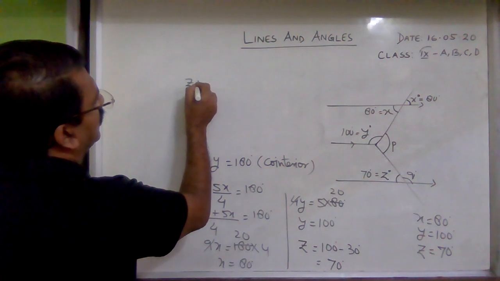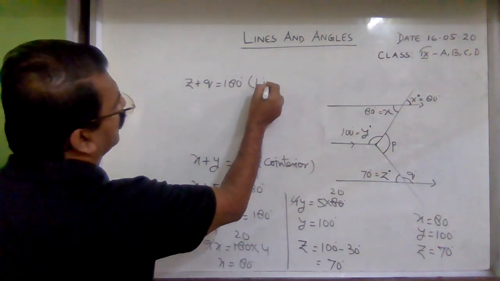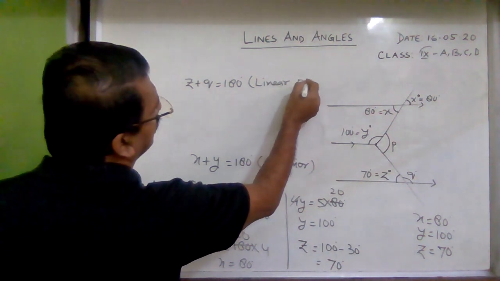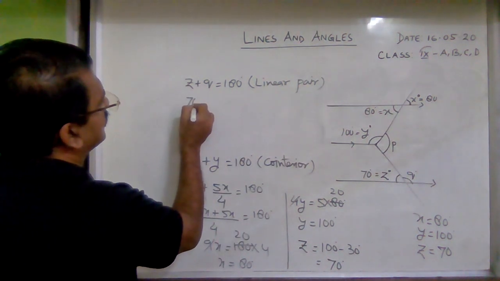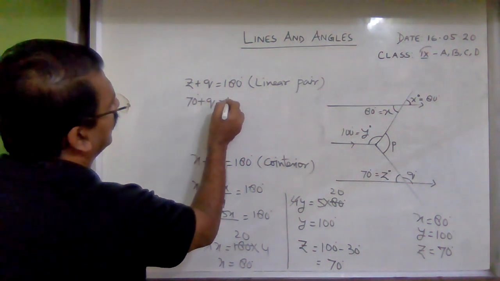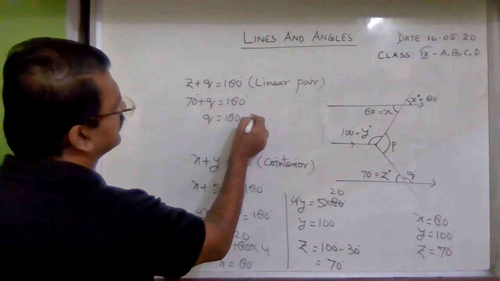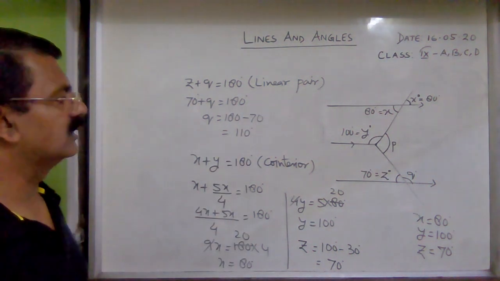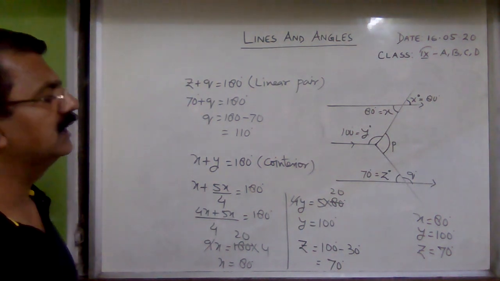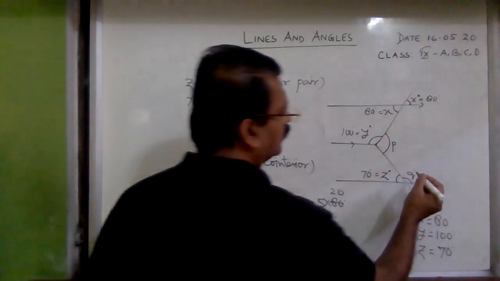Z plus q is equal to 180 because they are forming a linear pair. And now z you have calculated 70 plus q is equal to 180. So q is equal to 180 minus 70, that is 110. Q is equal to 110. So we have found q is equal to 110. Clear? The value of q we have found